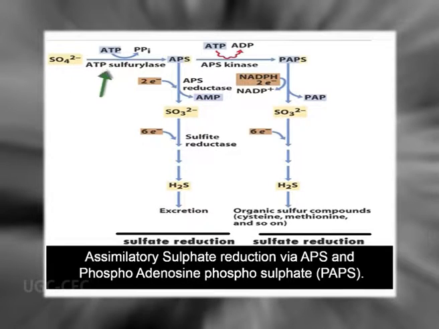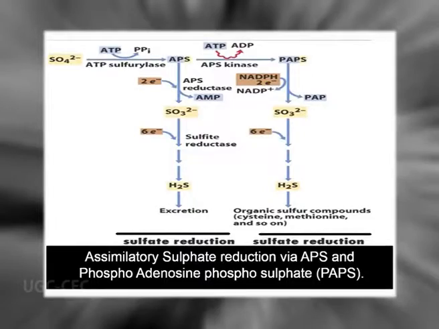In the same way, I was talking about assimilatory sulfate reduction, where in addition to APS, there will be the phosphoadenosine phosphosulfate involved in the process, where sulfate is converted to APS and APS is finally converted to H2S on one side. In the same way, APS can be converted to PAPS or phosphoadenosine phosphosulfate and finally it is converted to H2S. So this type of process is called assimilatory sulfate reduction, where the key player is the PAPS, phosphoadenosine phosphosulfate, which can lose the sulfur immediately and will be converted to phosphoadenosine phosphate.